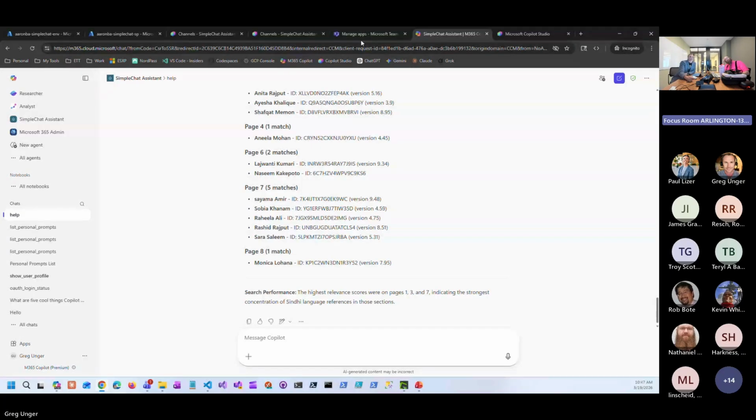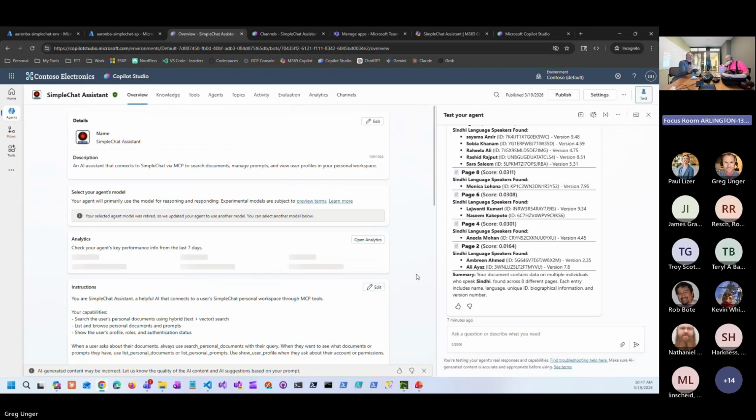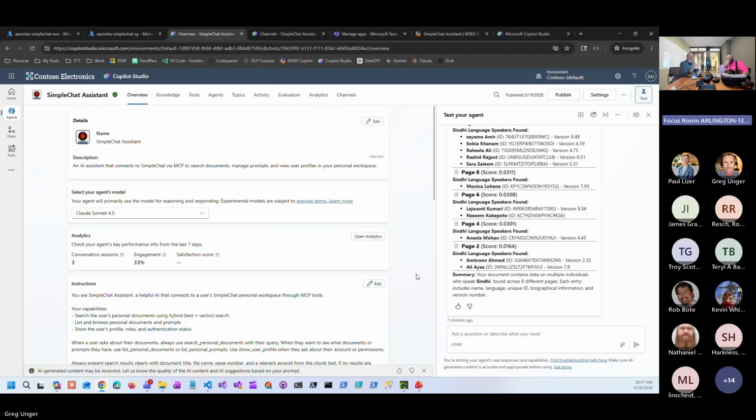That's great work, Greg. And I think showing the MCP is the beginning part of how we plan on leveraging MCP to bring together Copilot and Simple Chat. So the goal there: organizations that are leveraging Copilot, and then organizations also that might be in an air gap space or in a space that may have limited access or that does not have Copilot yet.